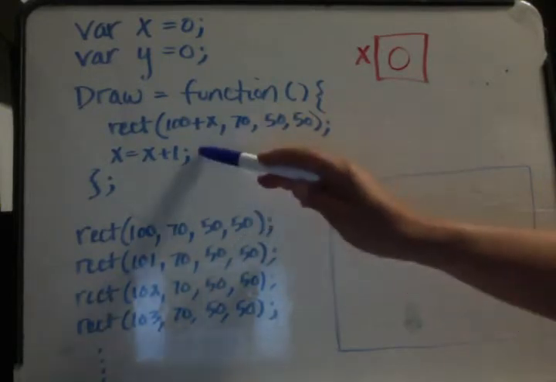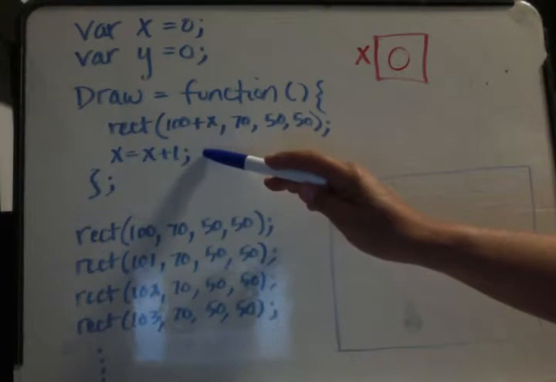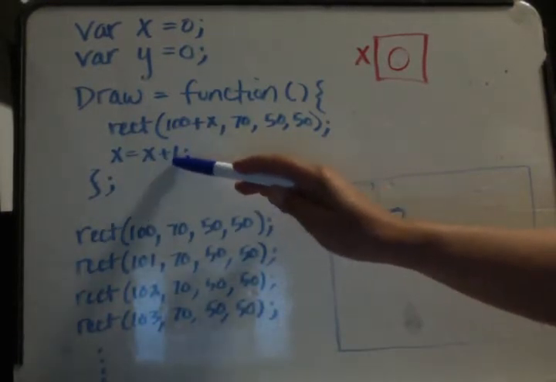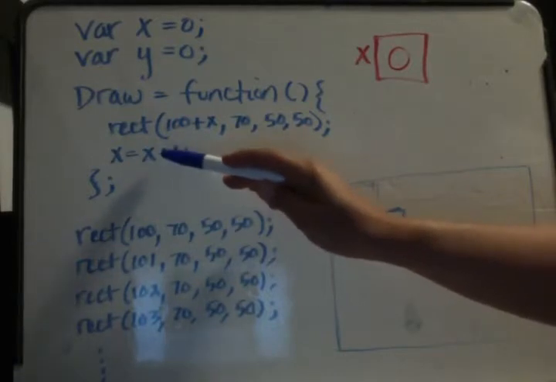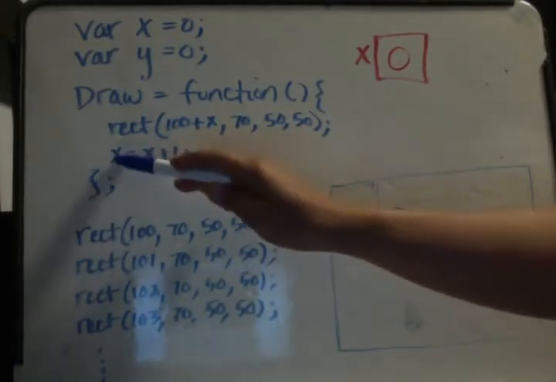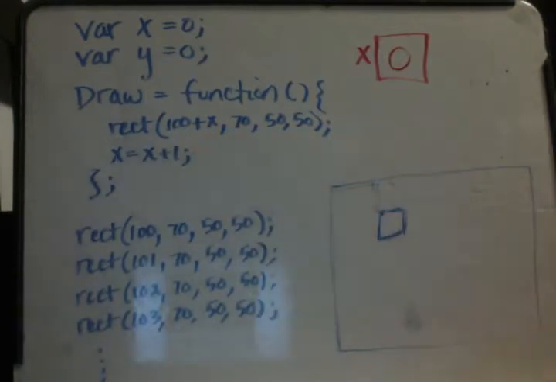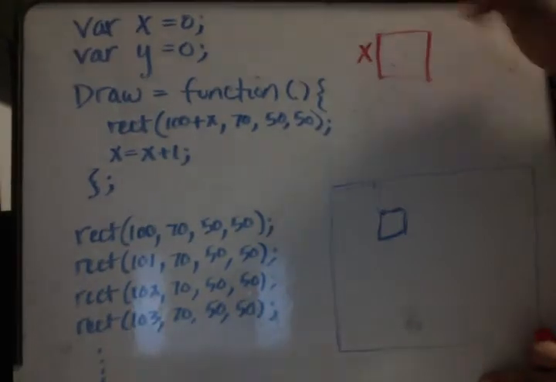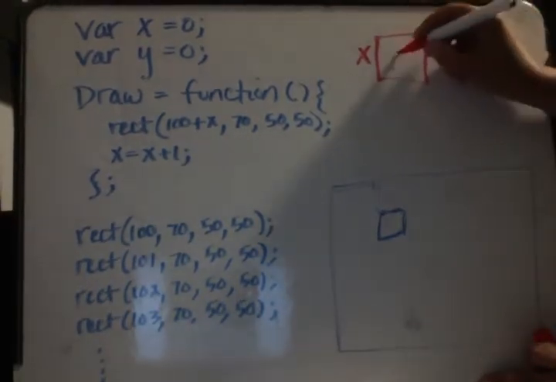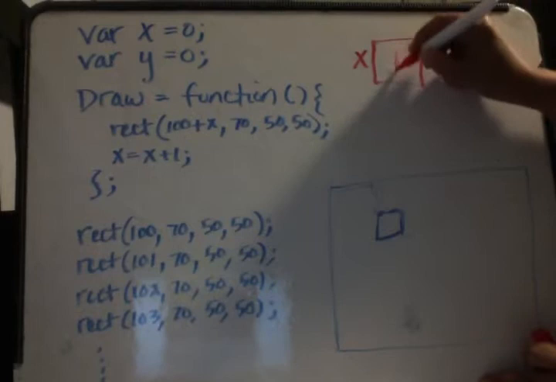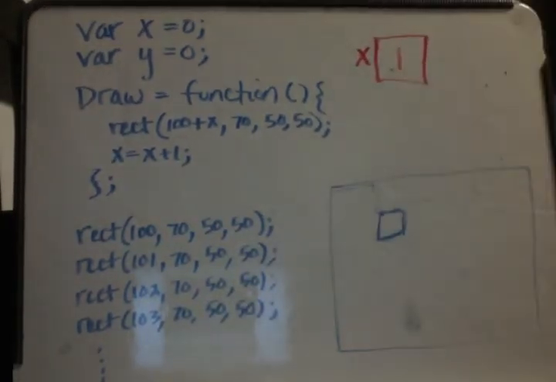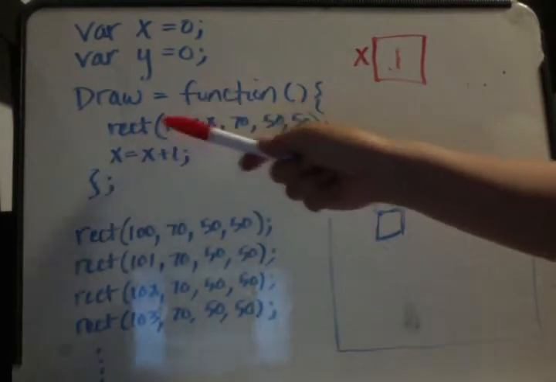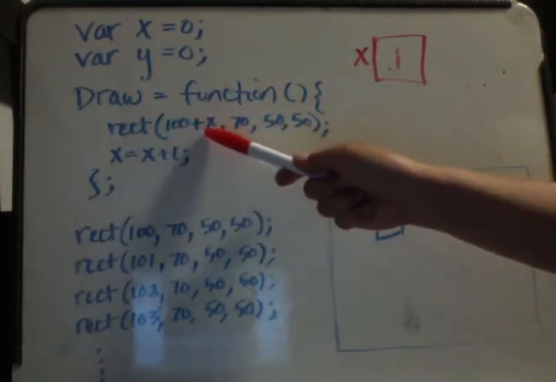Then we come down and we say x equals x plus 1. Currently the value of x is 0, and 0 plus 1 is 1. Remember, in assignment, we calculate it and then we put it in the variable. So now the value of x, 0 plus 1, is 1, so we're going to change this to 1. Now we come back around and we say rect 100 plus x,